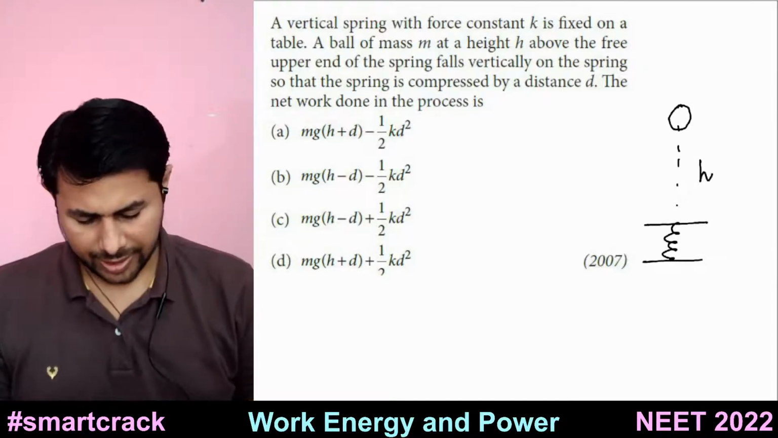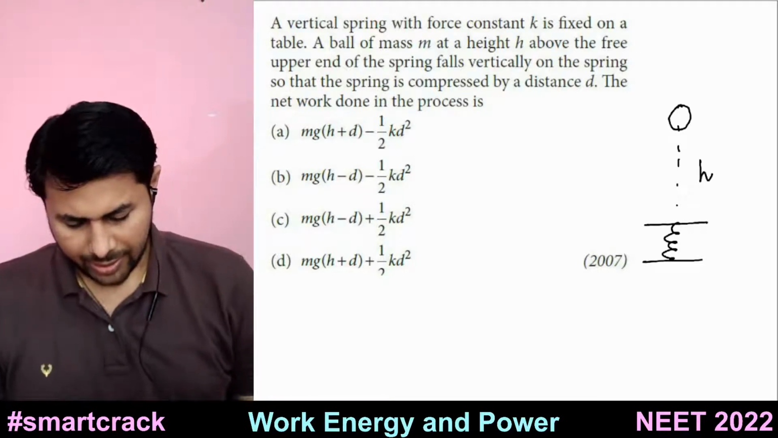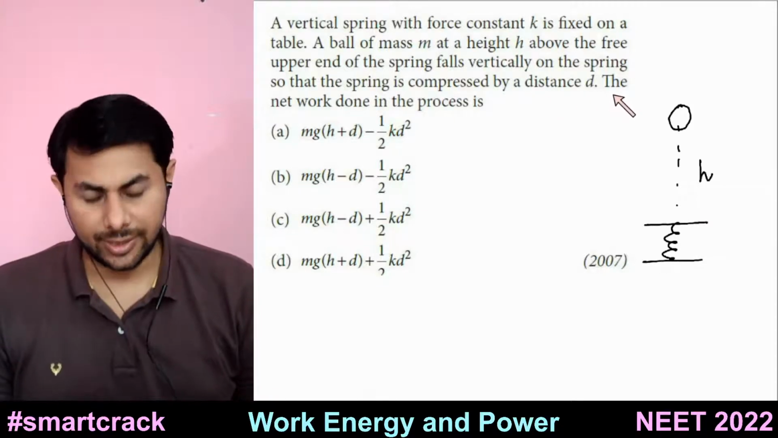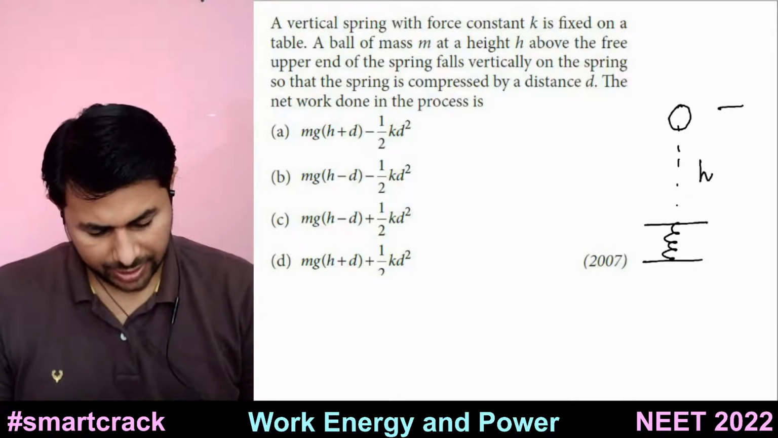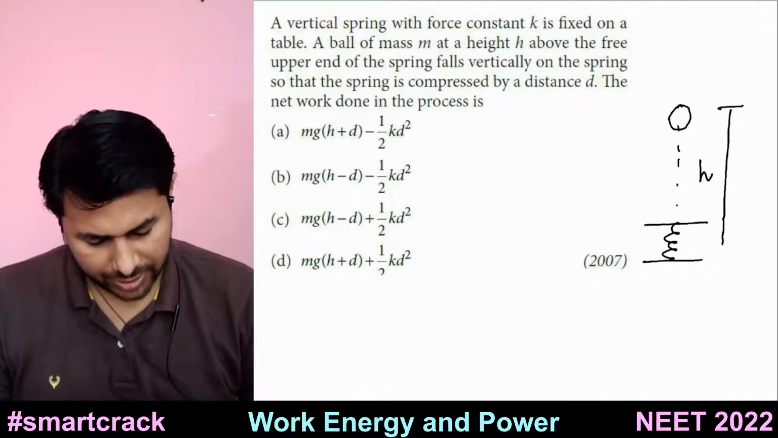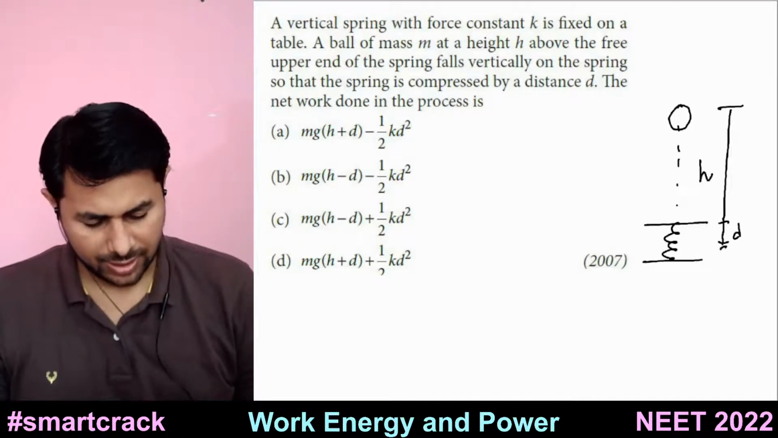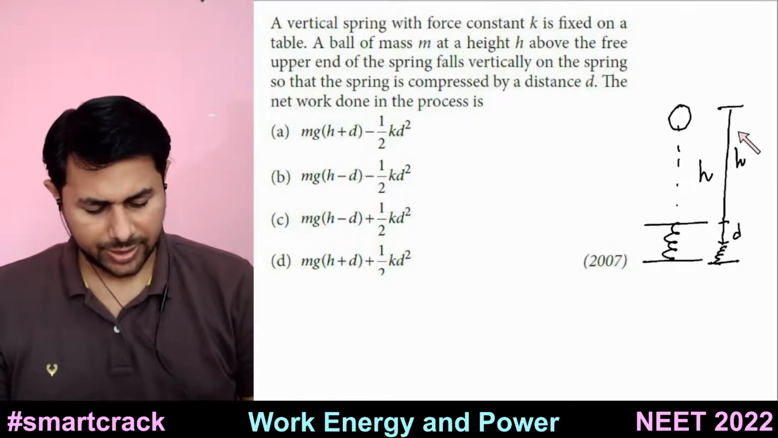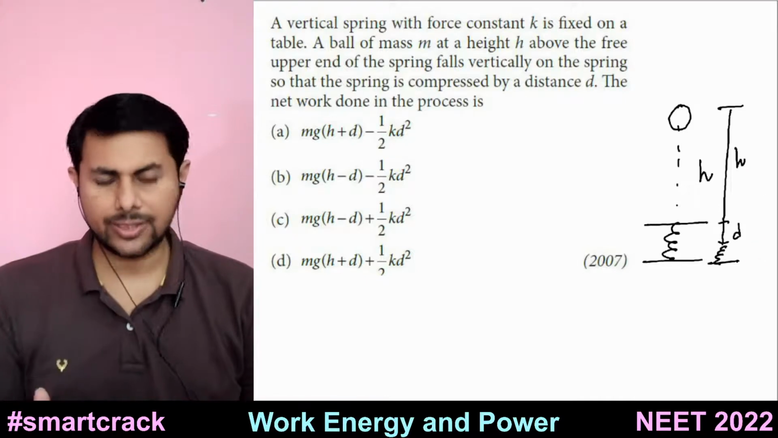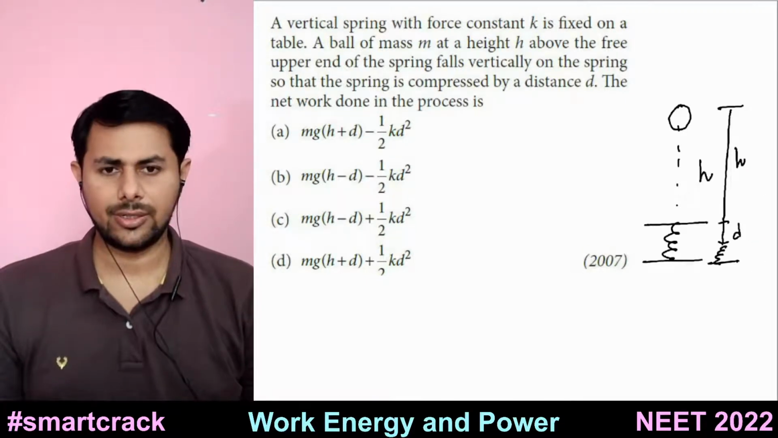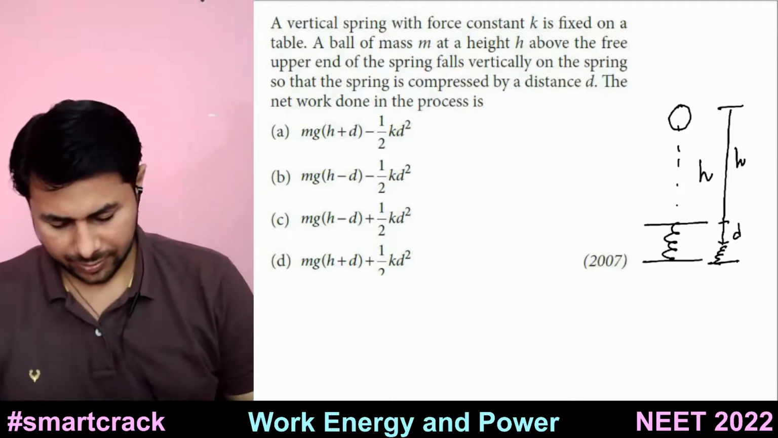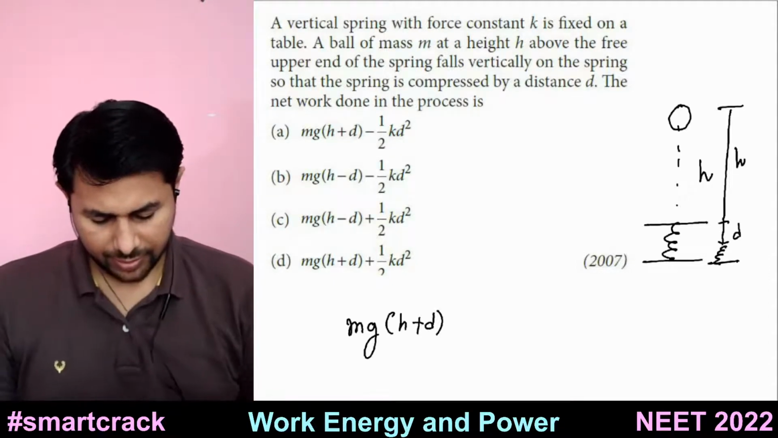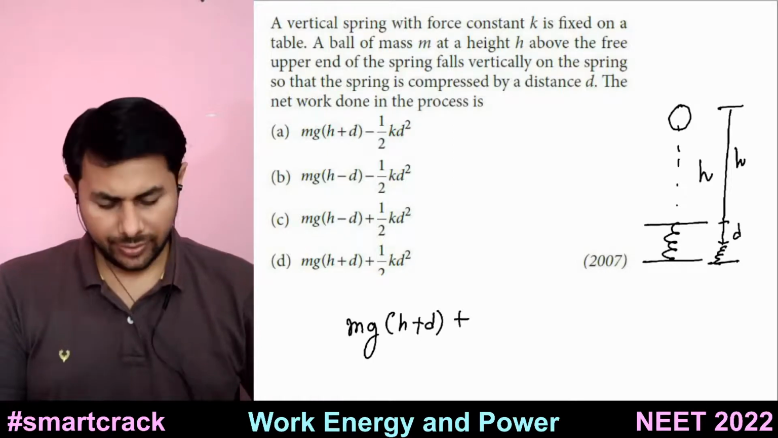So how much is the work done by gravity? After that, it approaches here, then the spring is compressed by distance d. So let's suppose it gets compressed up to this distance, like this. So what is the work done due to gravity in this process? It is mg(h plus d), right? It is mg(h plus d). Mg(h plus d) is the work done, plus we have some work done